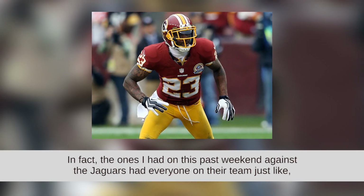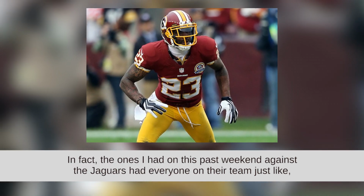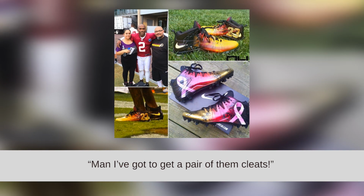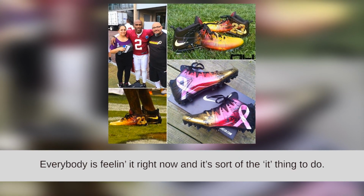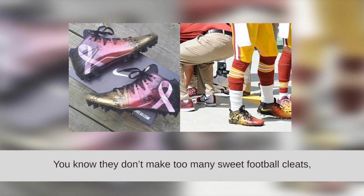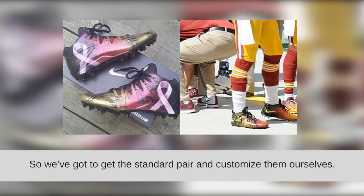One I had on this past weekend against the Jaguars, and I had everybody on their team just like, man, I gotta get a pair of them cleats. Everybody's feeling it right now, man. It's the it thing to do. You know, they don't make too many sweet football cleats, so we kind of gotta get the standards in and